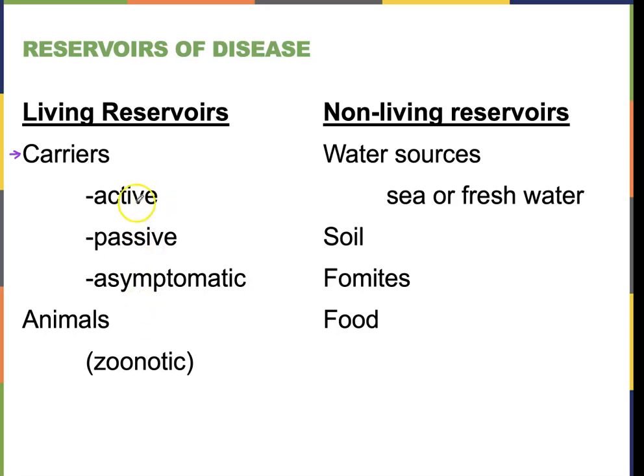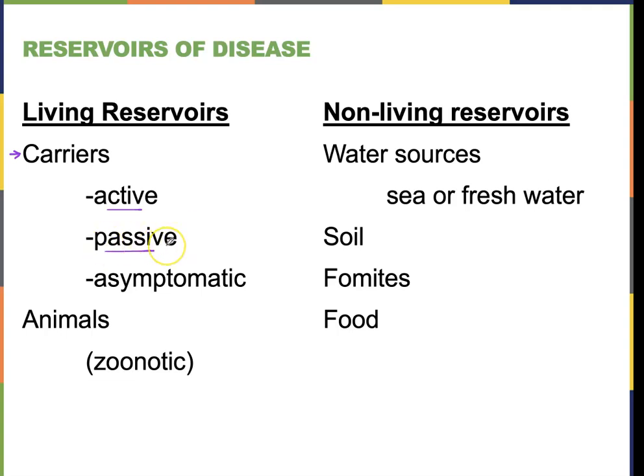And there's three ways. An active carrier is someone who's sick and they give it to you, right? So someone who has the flu, they cough in your presence and now you have the flu. So that's an active carrier. A passive carrier is someone who doesn't know that they're carrying the disease on their body. So this is more of a person going from one patient to another patient to another patient, and somewhere along the way, they pick up a germ from one patient and they passively, unwittingly, pass it on to someone else.